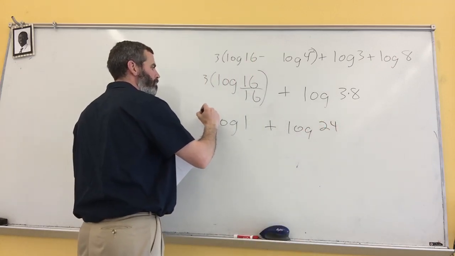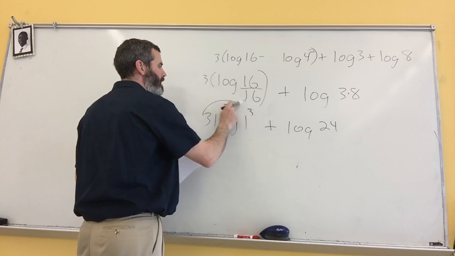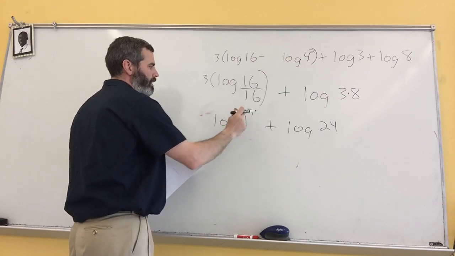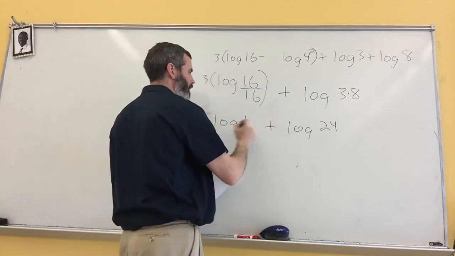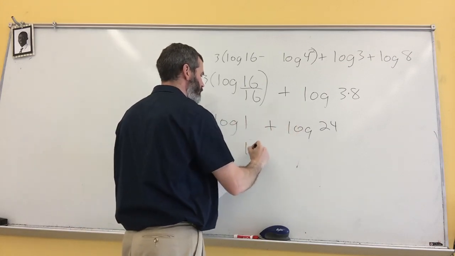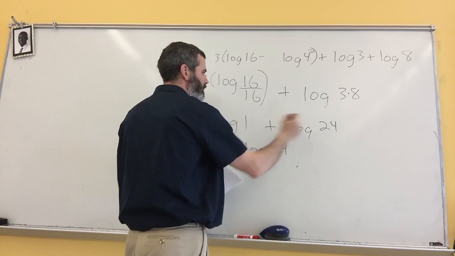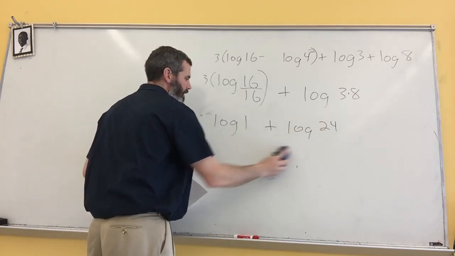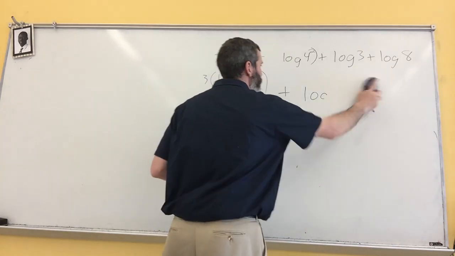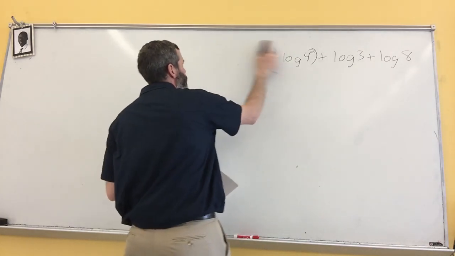Power property brings the cubed there. So I get 1 cubed, which is just simply 1. So log 1 plus log 24 becomes log 24. 1 times 24 is 24. Done. And my last one of these problems, condense